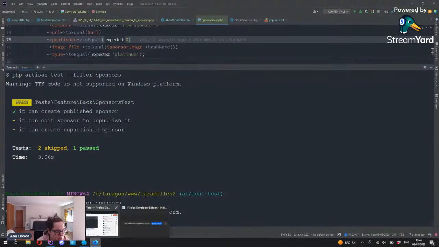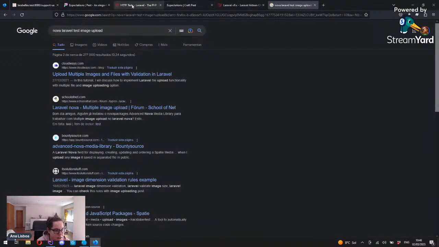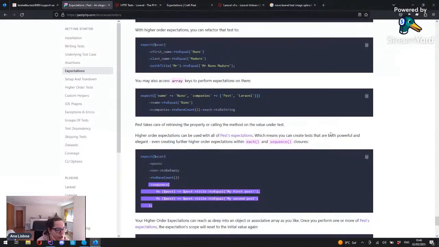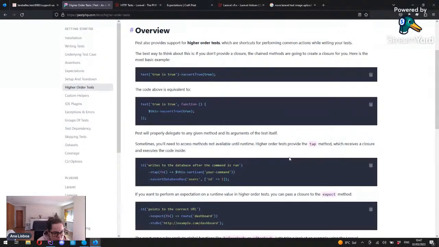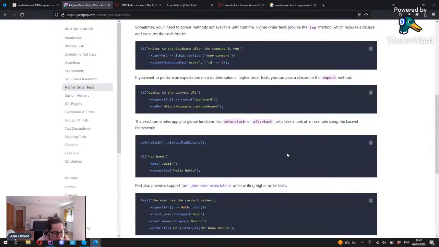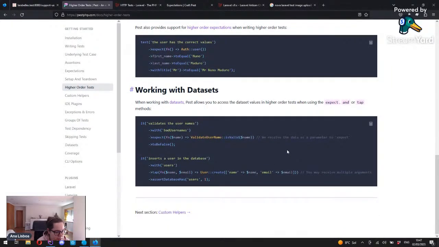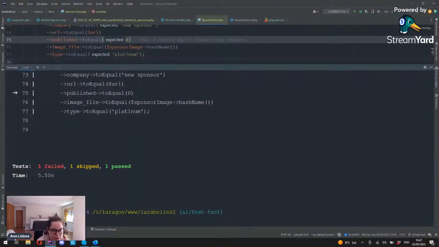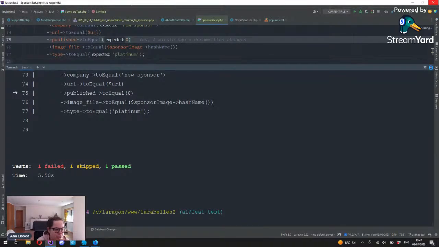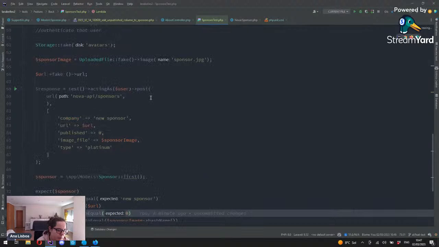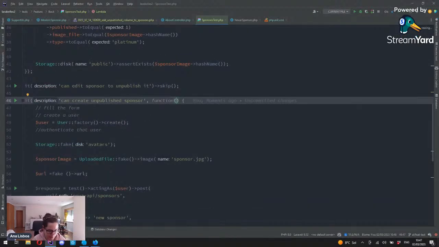And by the way, Pest has a functionality for you not to have to repeat your tests. You basically just set up your tests and pass in some variables. I'm not sure what the name of that is. Maybe higher order tests. So basically, you have a skeleton of a test, and then you can run through it, passing on the different variables that you want those tests to run. So in this case, let me just minimize this and we'll get back to it in a little bit. In this case, I will just have one test, and then I will maybe, I'm making this up, but I will pass the